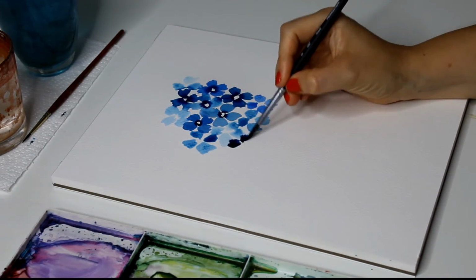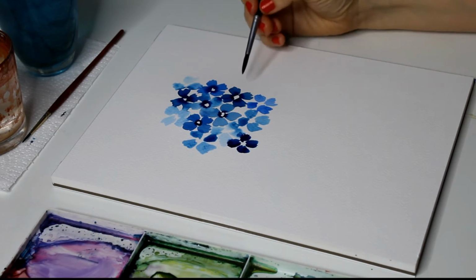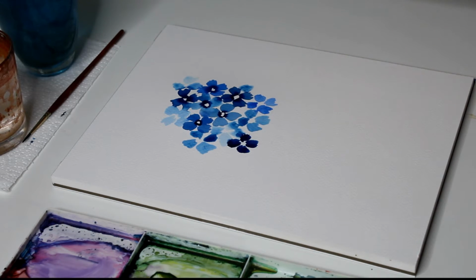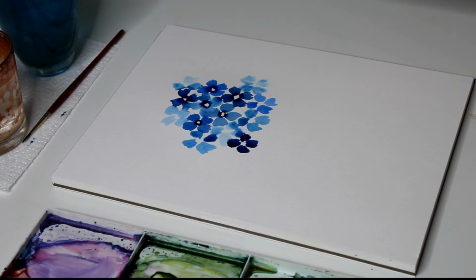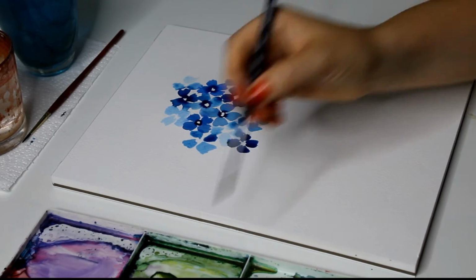Make sure if you've got a load of light ones, then we put a darker one in. And vice versa. If you've got a load of dark and mid-tones, then make sure to use a really light tone. Just keep that contrast going. You see I'm going relatively quickly with these. I mean, firstly, obviously for the wet on wet effect,